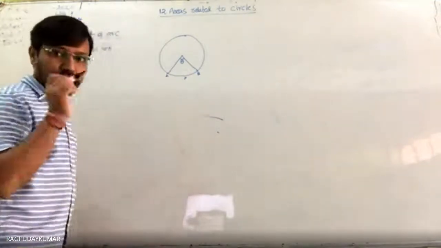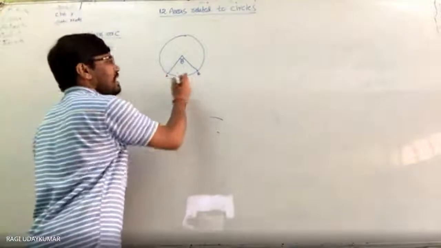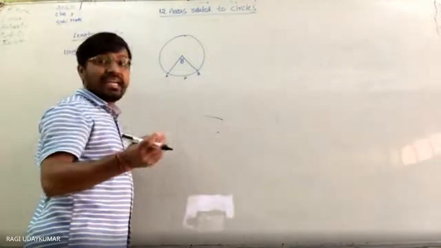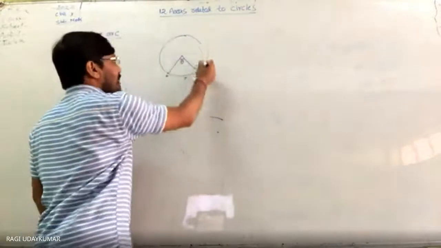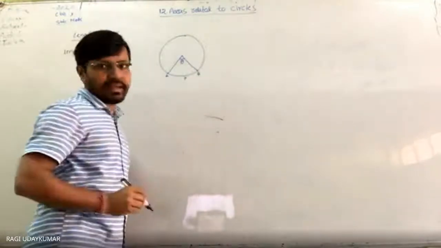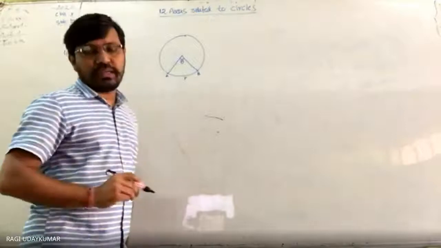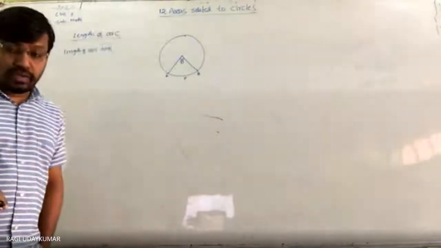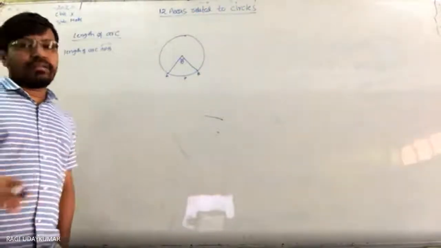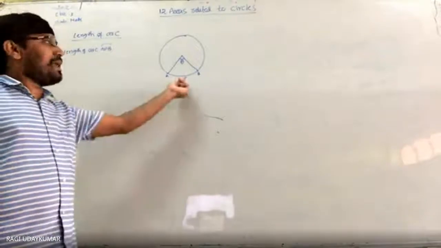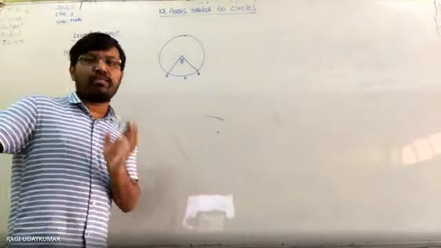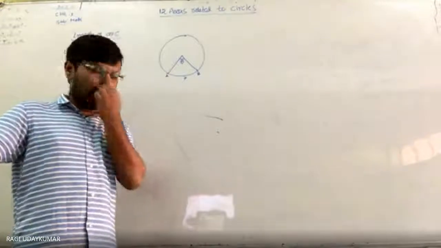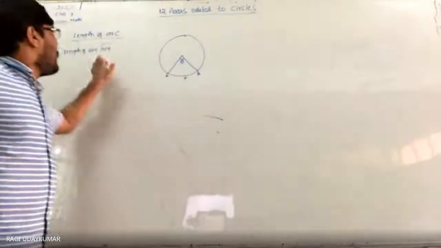Suppose you are taking only 2 points, A and B; if you are writing AB, you can write minor arc. Because you are going to get 2 arcs, this is one arc, and this is another arc. So in these 2 arcs, to mention which one, you can use the word minor. Or simply a point can be taken between the 2 points. Okay. So like that, by taking the APB arc.